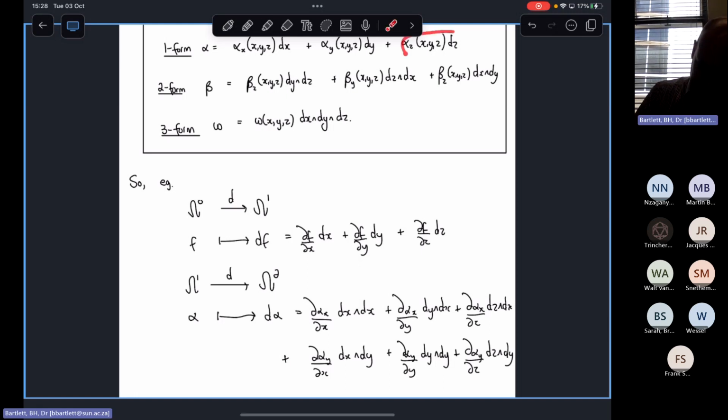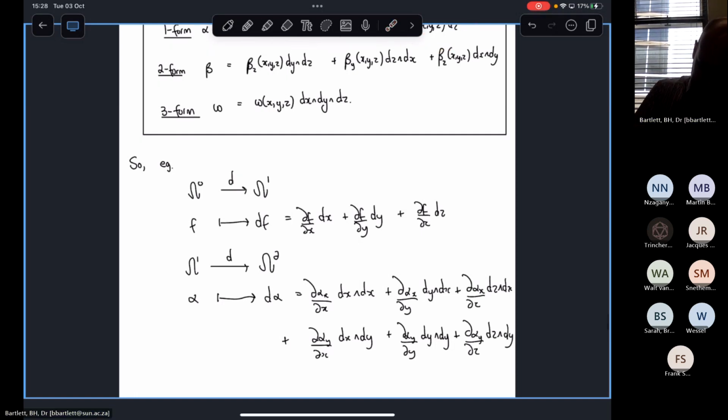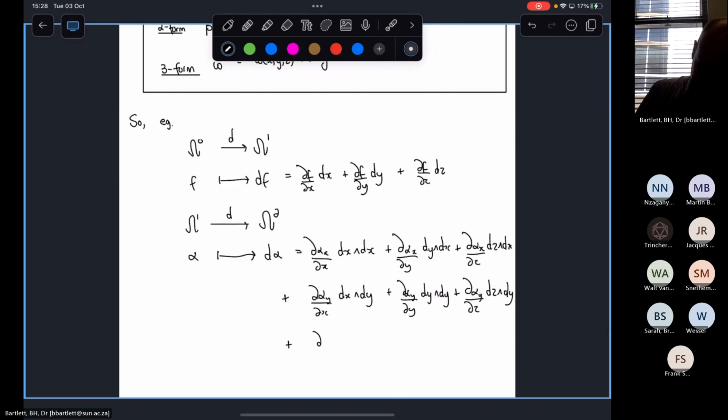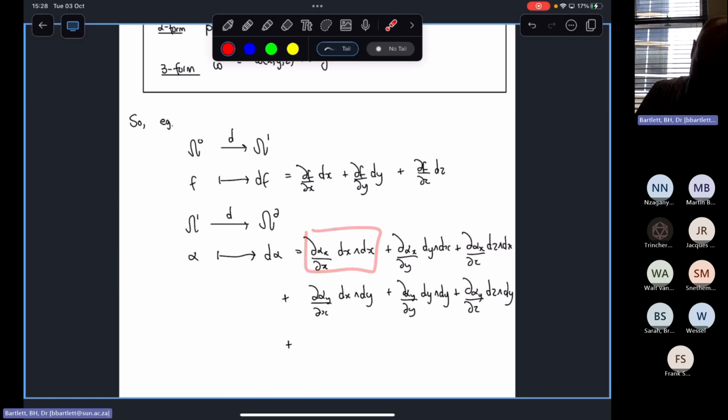And finally, for this guy here. Well, let's just see what's going on here. So we see this term here is 0, right? Similarly, this term here is 0. So in the end, for the next part, I'm going to get